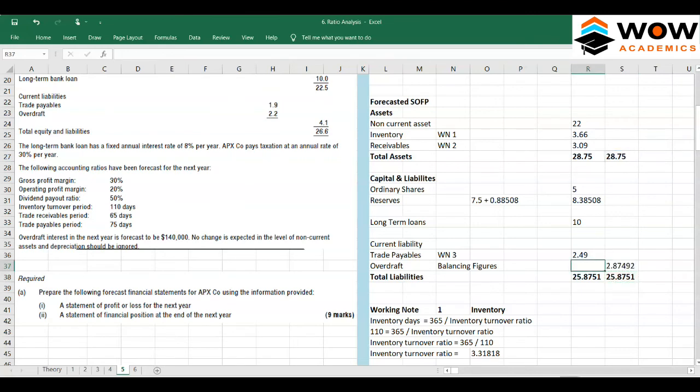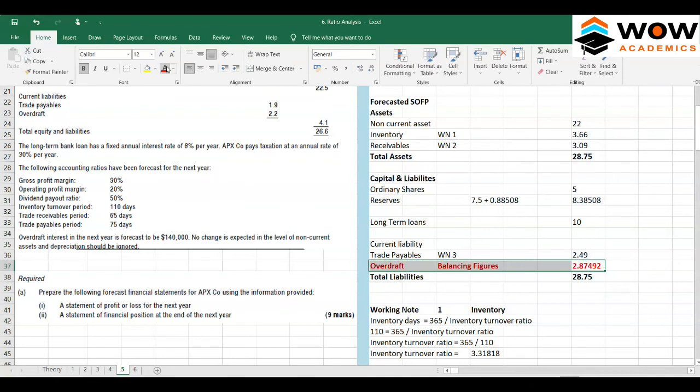So we can say that 2.87492 is the balancing figure. So what we'll do is we'll mark it in a different color so that it's quite visible. So this is a 10 mark question here,